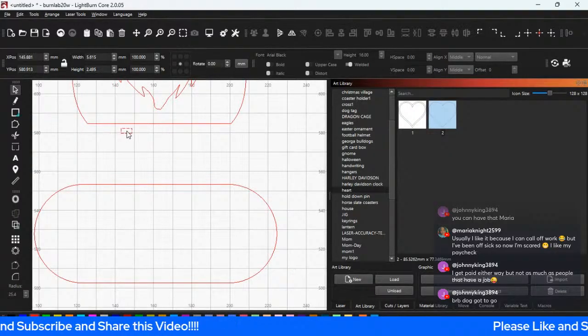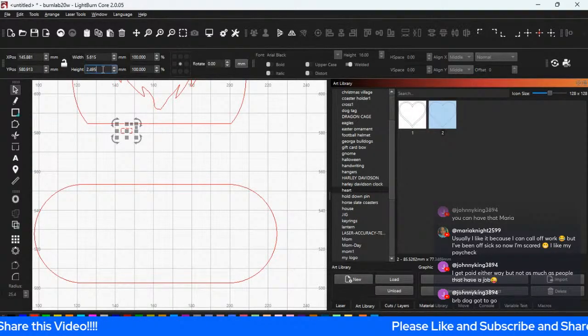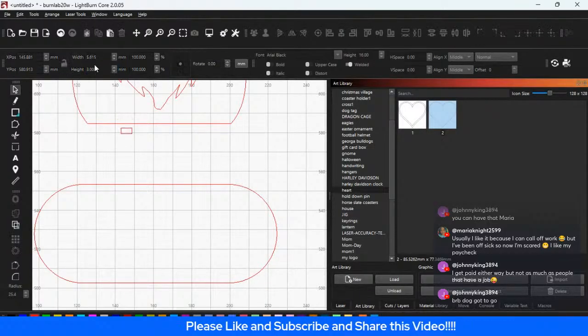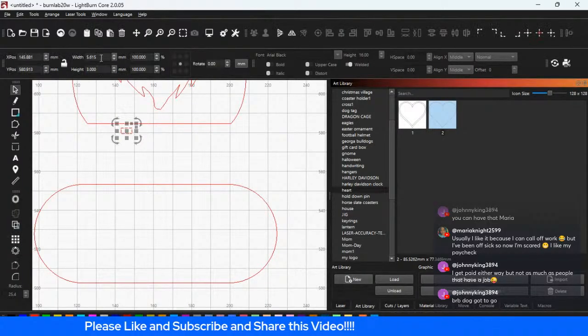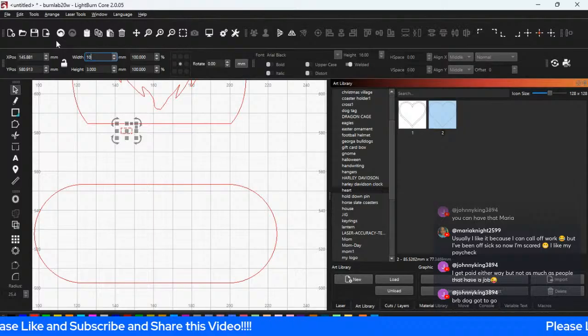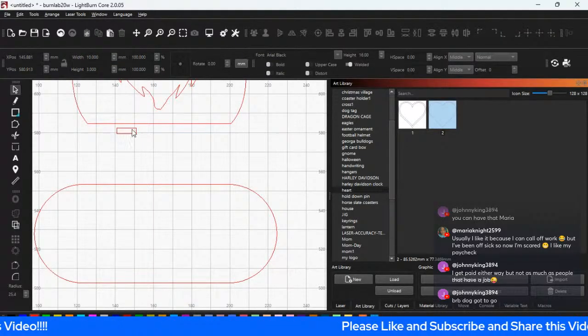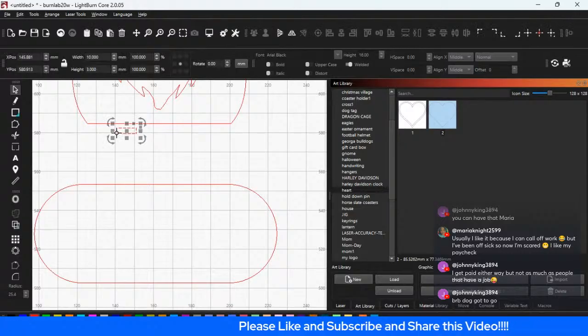And I'll probably put that somewhere right around here. Let's make the height 3. And we'll make that, we can go 10, we can go 5. Let me see, with 10, that's probably good. Yeah, 10 will be fine. That'll work fine. Now the 10 width going across is just going to be